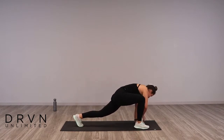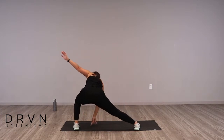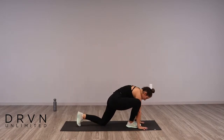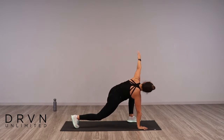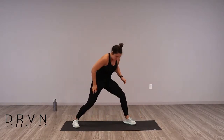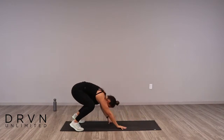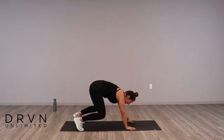Right foot's coming up, rotating up to the right, shifting it over to a lunge onto my left leg, coming back forward, right knee's down, hip flexor stretch, back to the center, switching sides, left foot's coming up, rotating up to the left, shifting over, lunging onto my right foot, coming back up, right knee's down, hip flexor stretch, and rocking it back for the second time into that low squat on our heels and coming back out for round